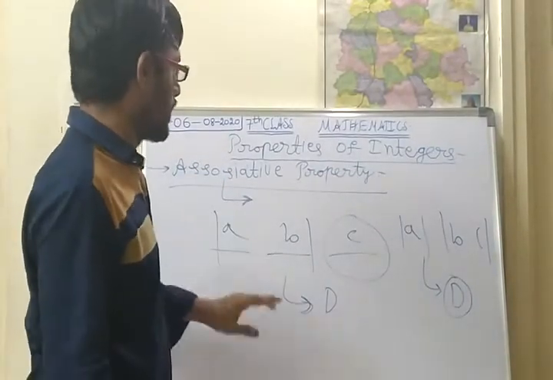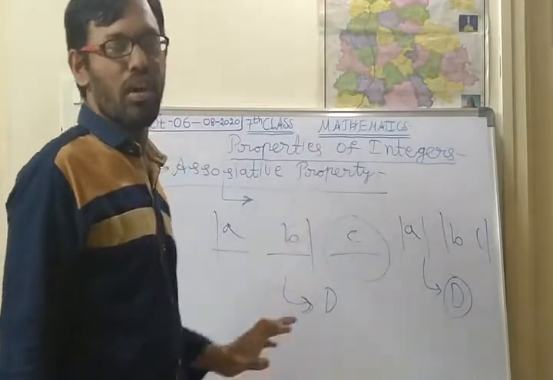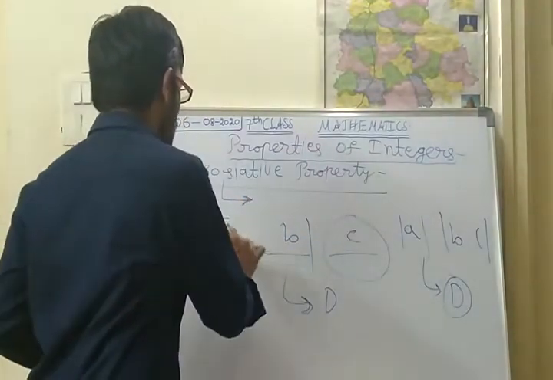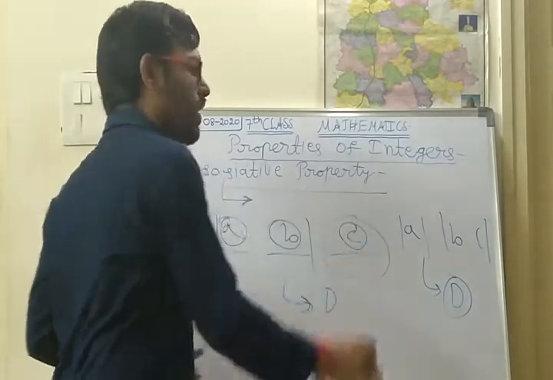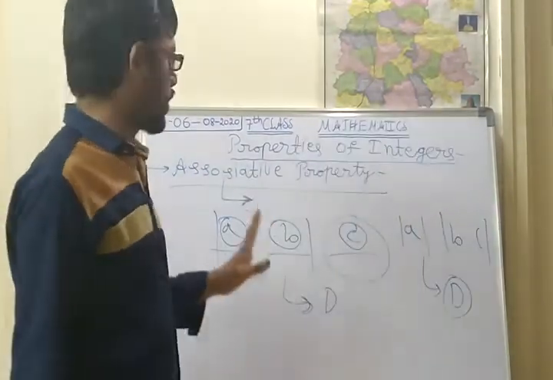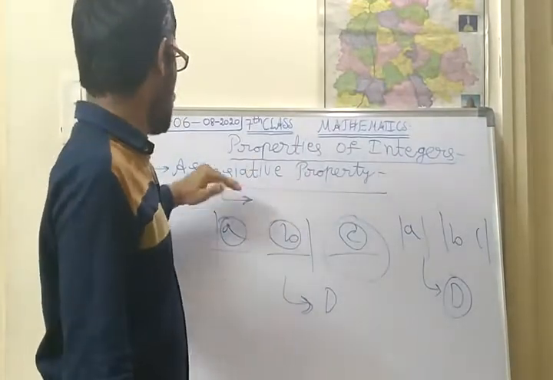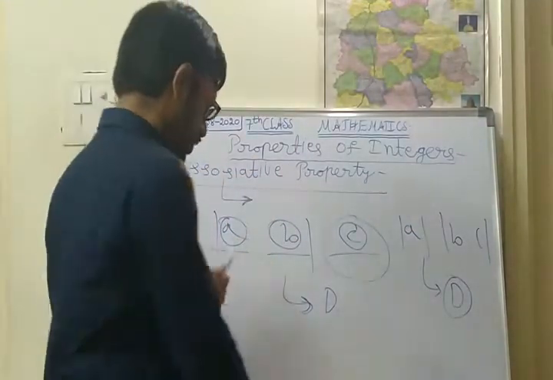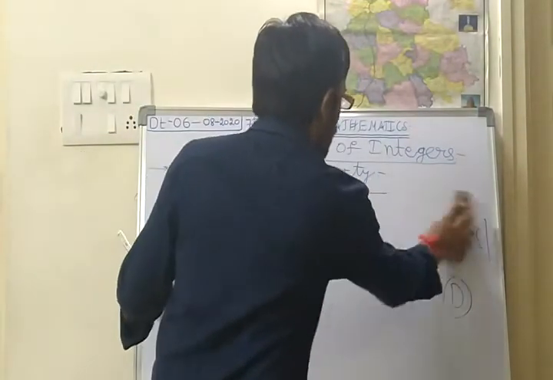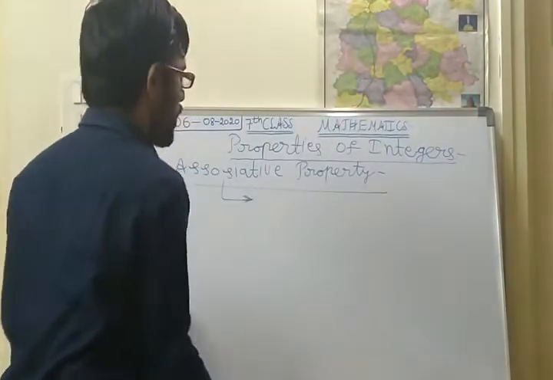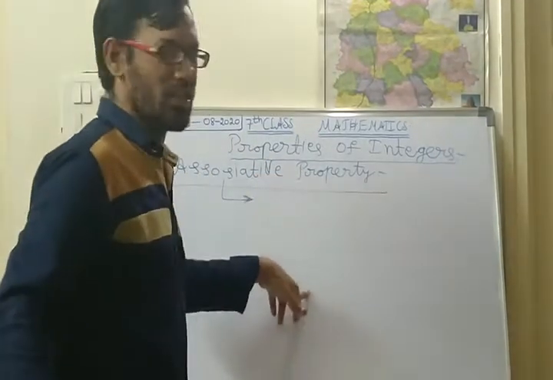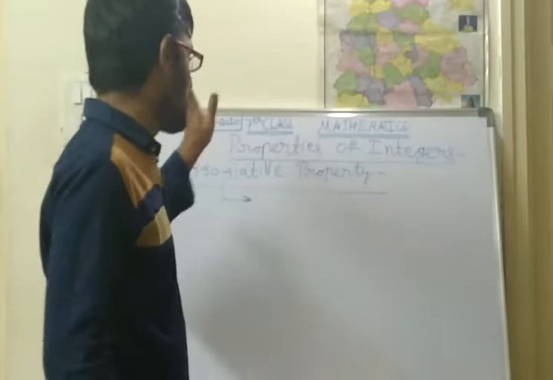In general, associative means compulsorily there will be three members, like partners. Now we shall go with the mathematical knowledge. What is the associative property? This property is the same as this example. If you understood this example, you will understand it very easily.